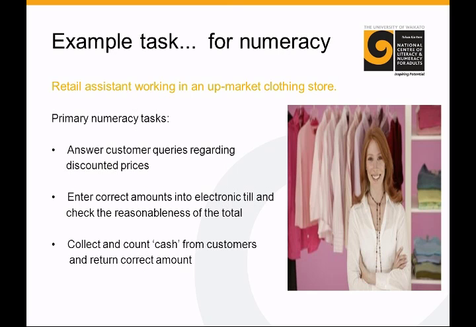So just as an example, for numeracy, there were some specific tasks. Answer customer queries regarding discounted prices. Enter correct amounts into the electronic till and check the reasonableness of the total. And collect and count cash from customers and return the correct amount. Now, the very first one, answer customer queries regarding discounted prices, was something that the manager was fairly keen on,